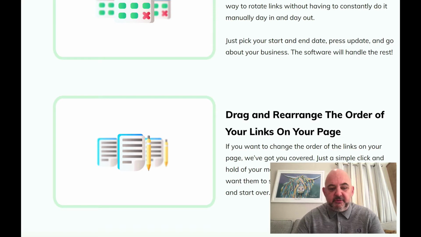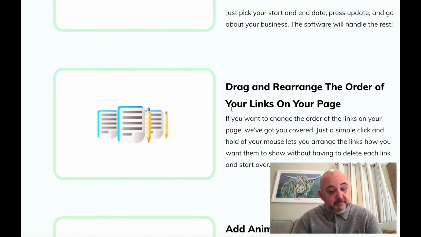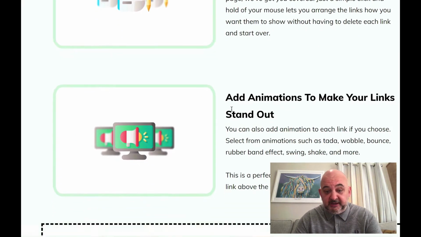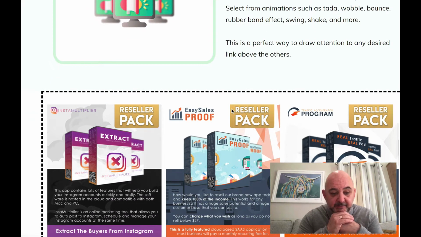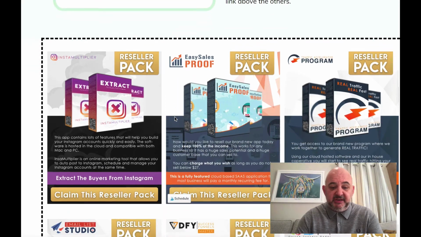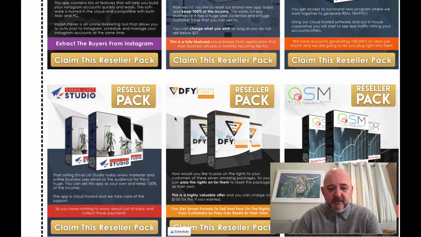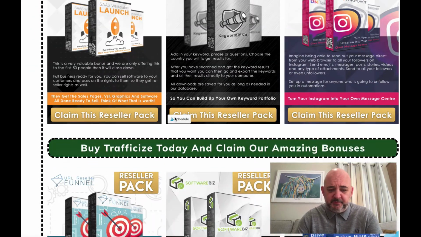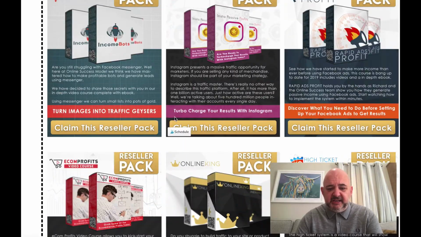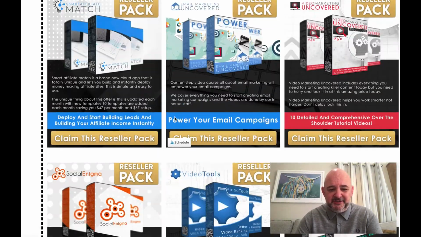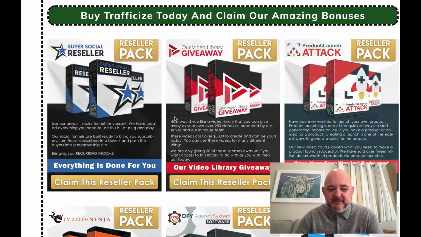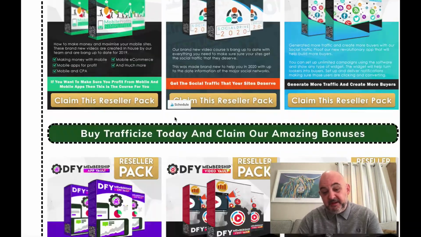So let me show you the bonus page so you can see exactly what you're going to get when you pick this application up through my link. First, I'm going to give you a whole host of reseller packs. As you can see, we've got lots and lots here of reseller packs. It goes on and on.